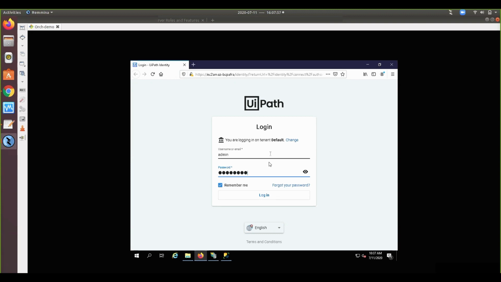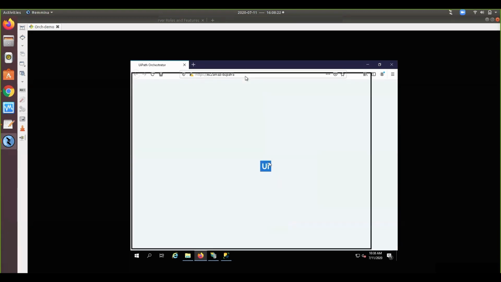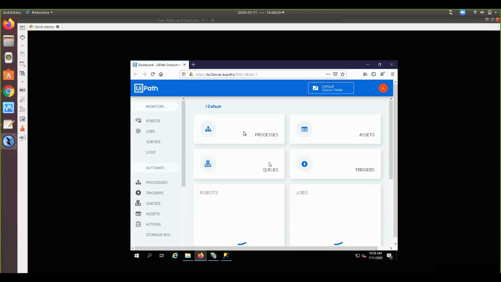This password is nothing but the password we gave while setting up the Orchestrator. Yeah, so we are now successfully logged into the Orchestrator.